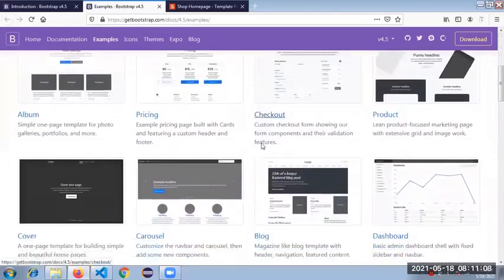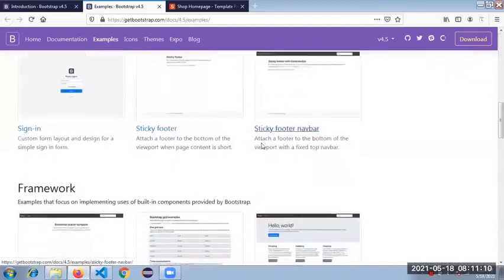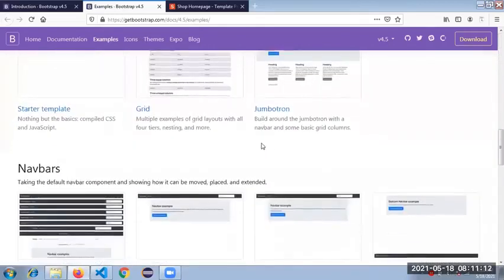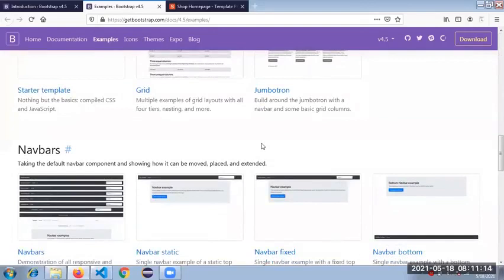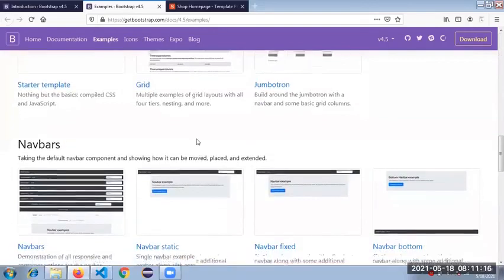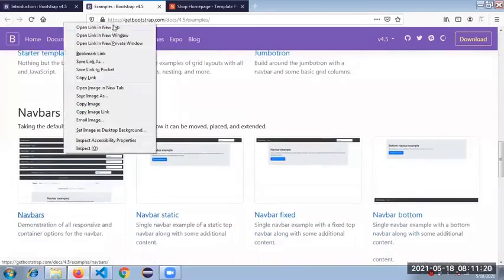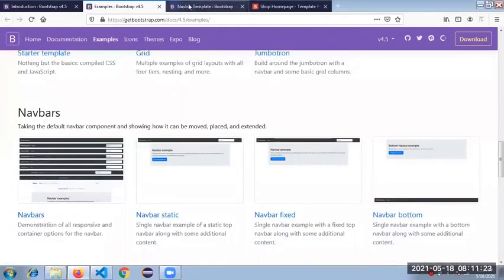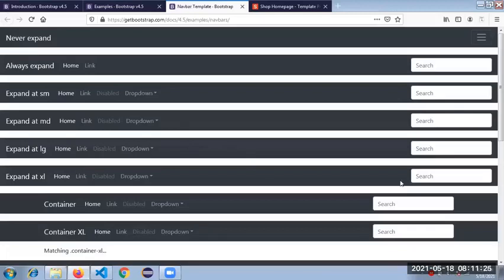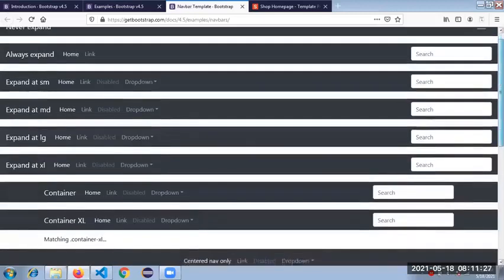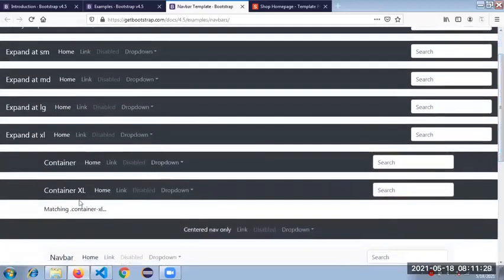See guys, just focus on what I'm doing first, then you can try. How I'm integrating to develop it is the main thing. So let me take this navbar sample example and open it. Something like this we need, right? A home link, something like this.